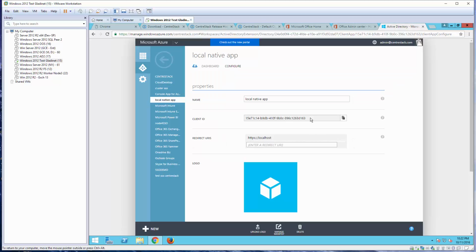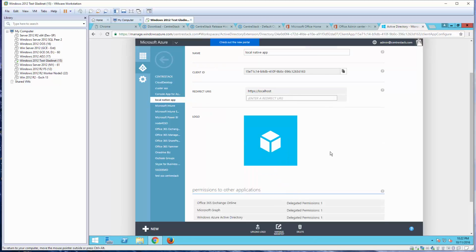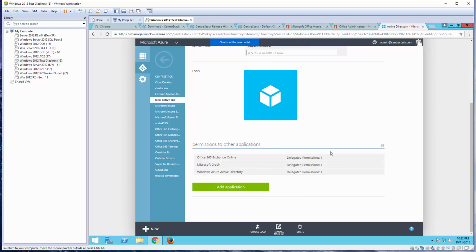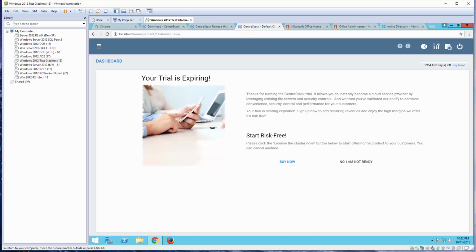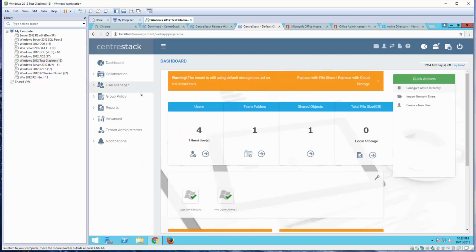But I can go ahead and show you what are the parameters that are important to do the integration, which is the client ID. You also need to give this application permissions to the Microsoft Graph API and Windows Azure Active Directory. So you need to make sure you gave permission to the native app. So once it's set up on the Azure Admin Center side, now it's time to set it up on the